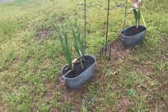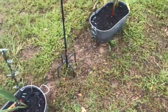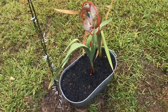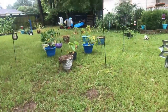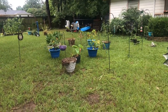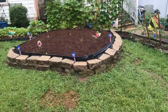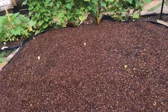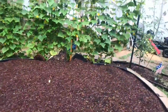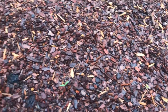Now there's not much new to see, but I did put some nasturtium seeds in here and added some soil. And then we just had to mow, so we moved all the plants, and then I thought they were looking a little sad. Some of them have like mealybugs or aphids or something on them, but this is full of flowers. You can see some of the tags, but looks like I have some marigolds coming up